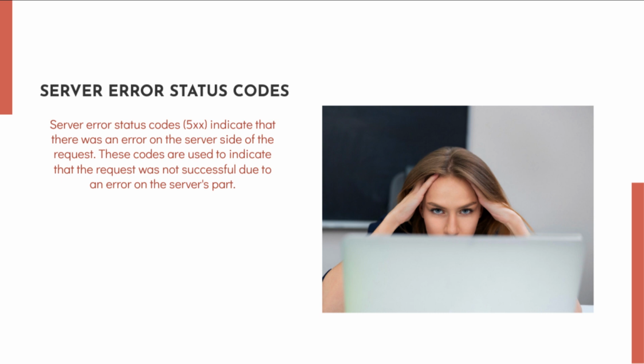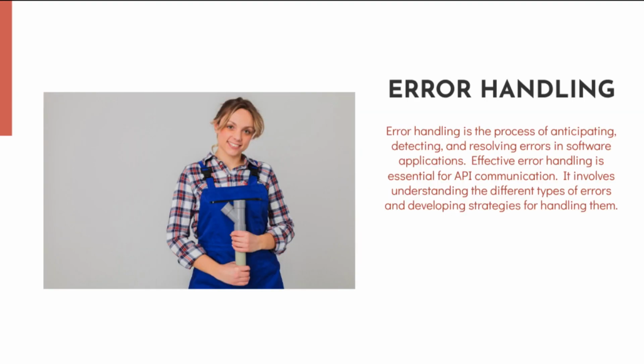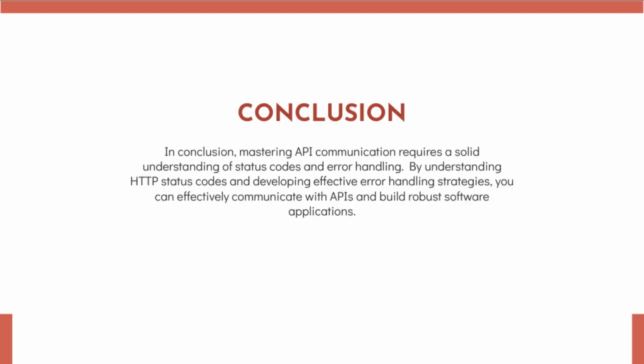5. Implement fallback mechanisms. In case of server errors or unexpected responses, have fallback mechanisms in place to handle such situations gracefully, ensuring a smooth user experience. Remember, each API may have its specific set of status codes and error handling practices. It's essential to refer to the API documentation for accurate information on how to handle errors and interpret status codes